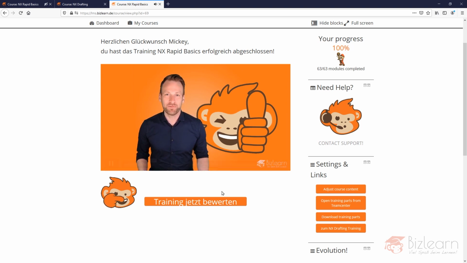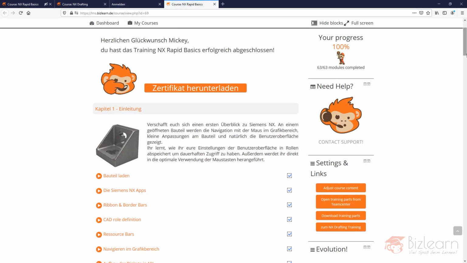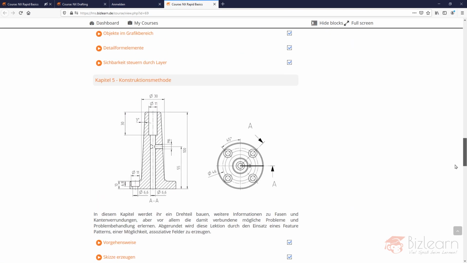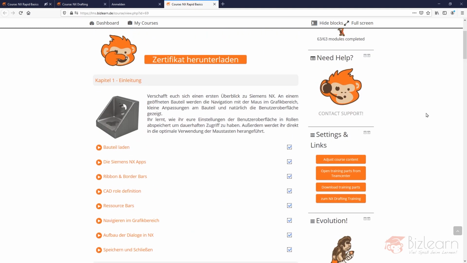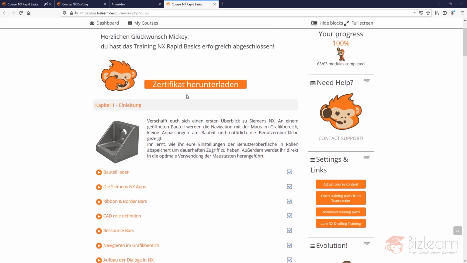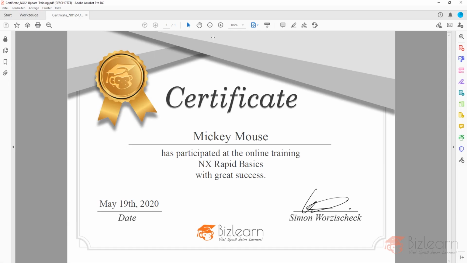And you now have the chance to give us feedback, and after doing that, you can see there are all the chapters listed for the possibility of repeating things. Of course, you could have displayed those chapters by adjusting the course content, and you could now define a different role compared to the one you were using for this training. It does not really have a bad effect, but anyway, you can now download your certificate, which you usually do receive as an email and a PDF.